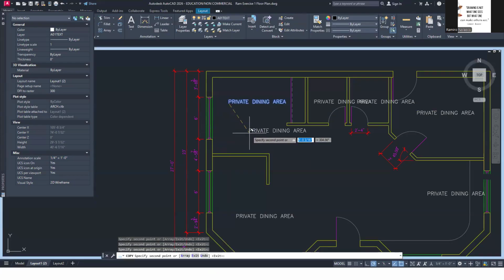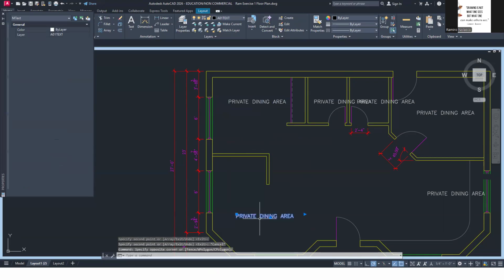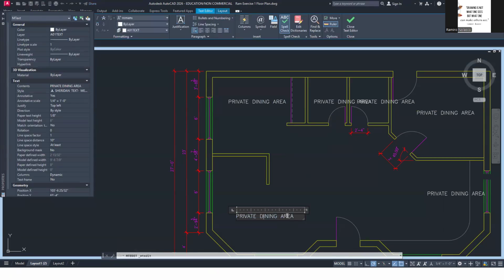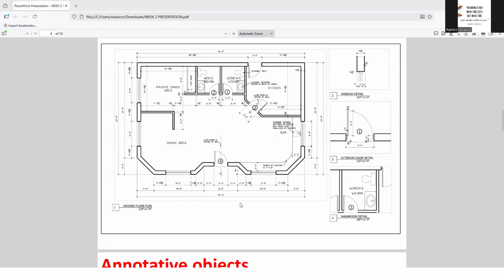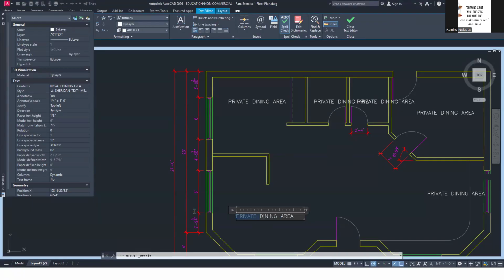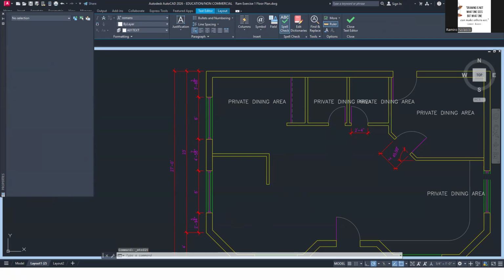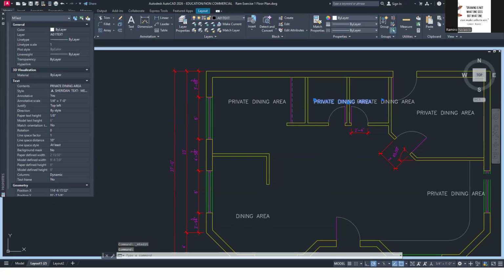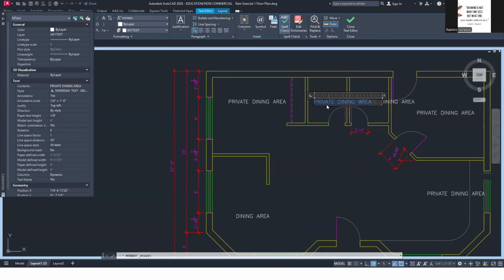It's a lot easier, I find. And then just simply double click on it and change that to the text. So here, I just say dining area, click outside, double click on it, Control A, men's, caps lock, men's,